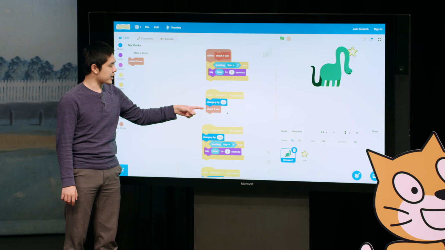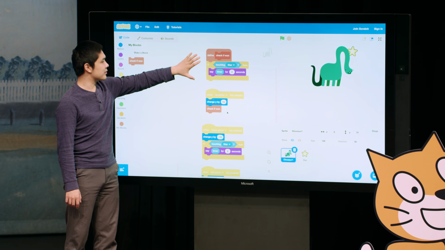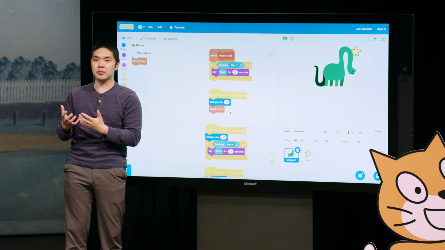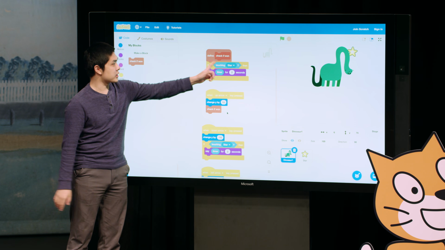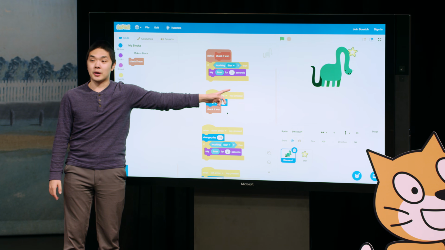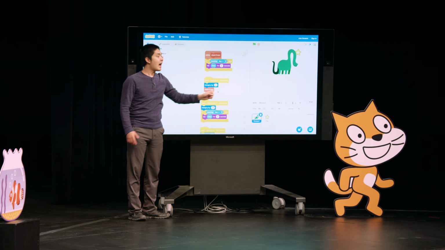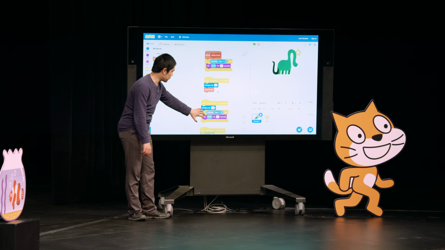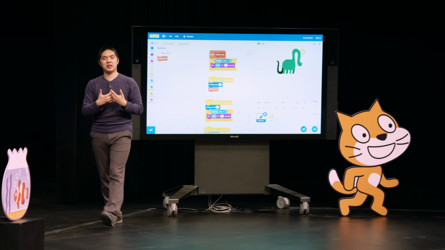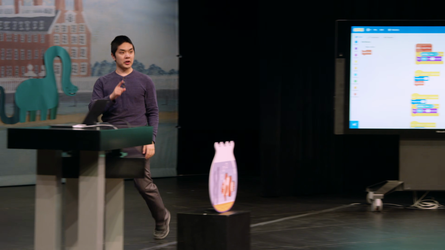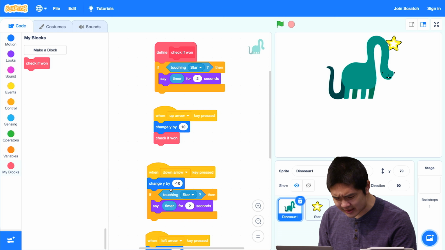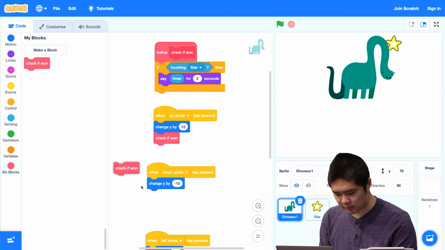And what does it mean to check if won? Well, I defined what that means up here. The definition of the check if won block, what should happen when I run that block, is we want to check. If we're touching the star, then say the timer for 2 seconds. And now I can do the same thing for all of the other scripts as well. Replace this complicated condition with 4 different blocks that I've put together, and instead just use a single block, the check if won block. So I'm going to delete this condition and just replace it with this one